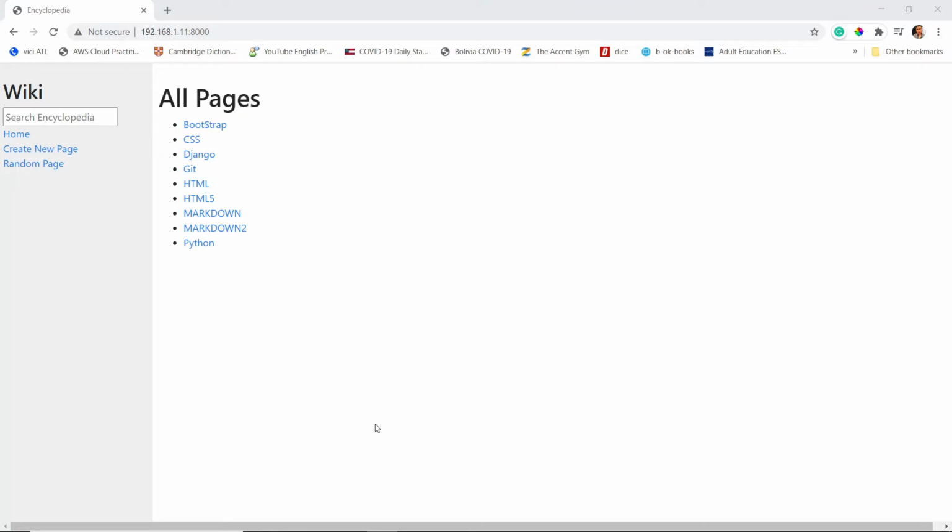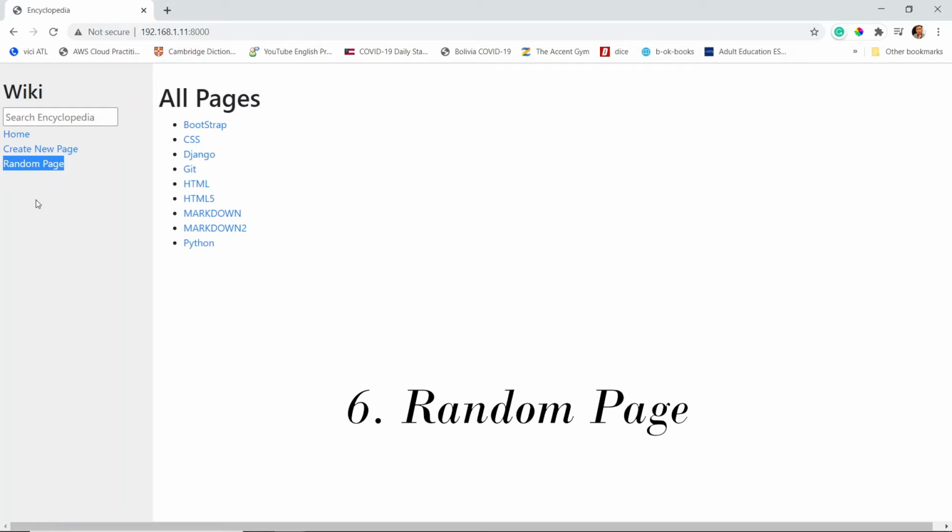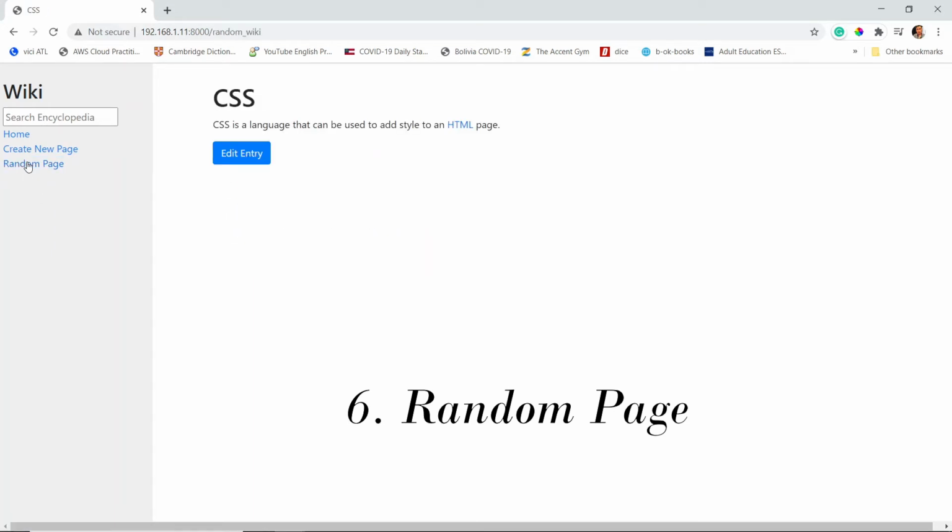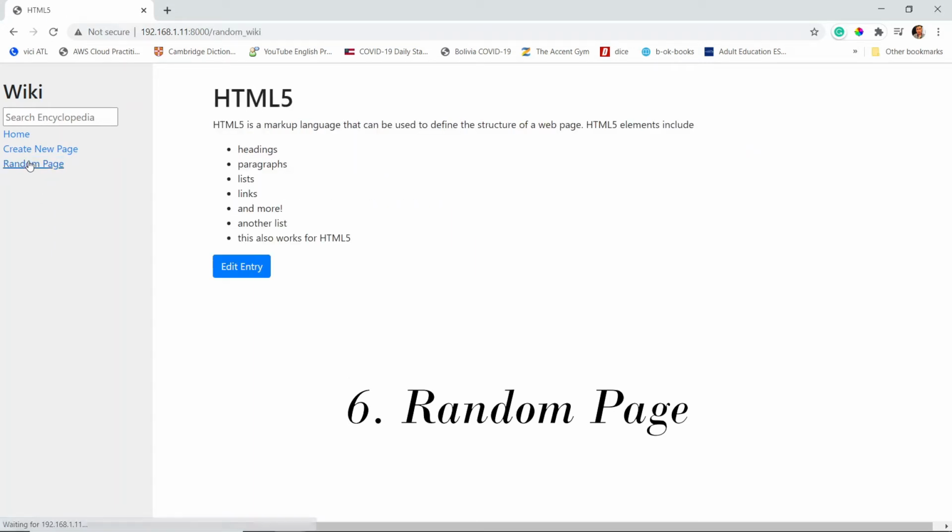And finally, we should be able to go to any wiki page randomly by clicking on the random page link. As you can see, this is